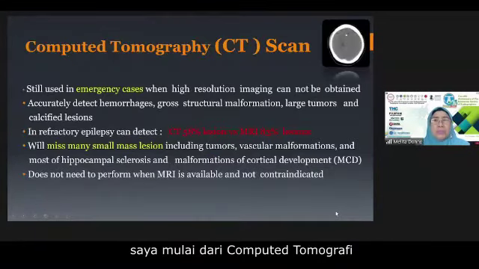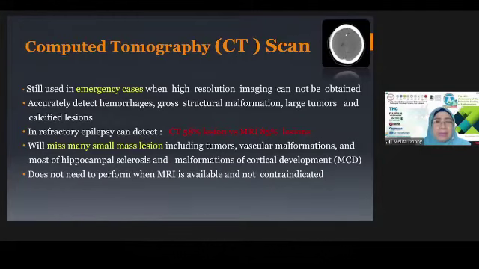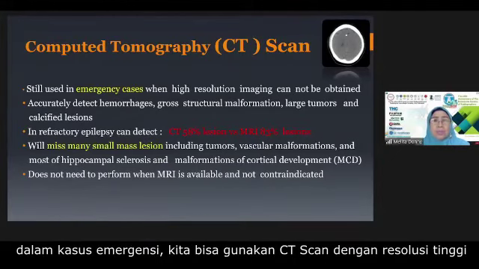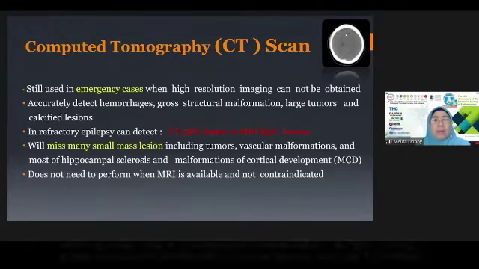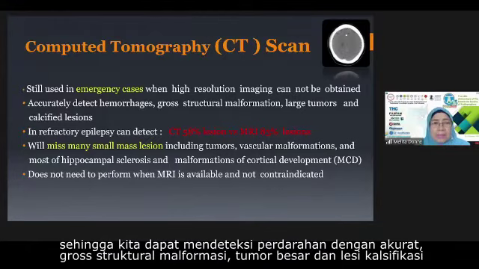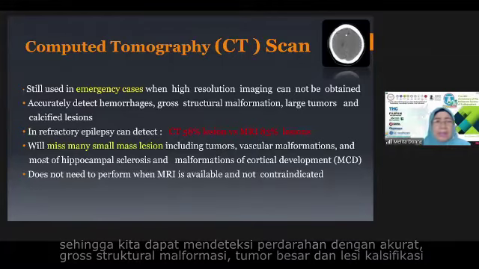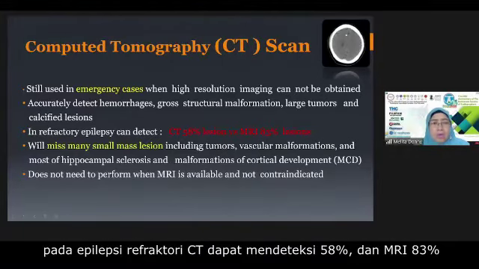I start with computed tomography. In emergency case, we can use a CT scan where high resolution cannot be allowed. So we can correctly detect hemorrhages, gross structural malformation, large tumor, and calcified lesion. And in refractory epilepsy, we can